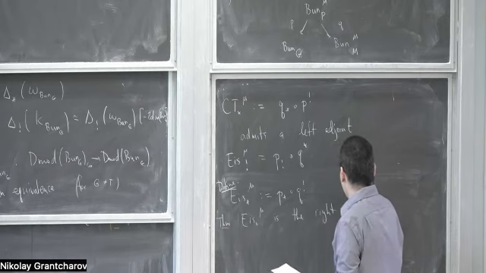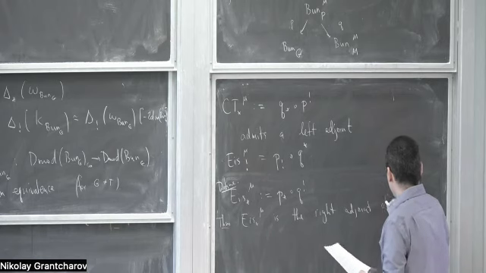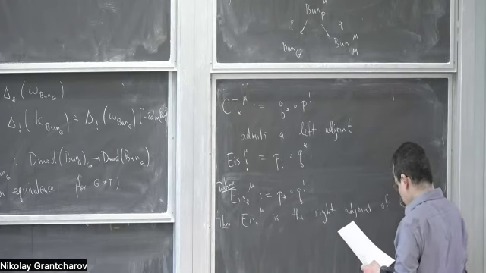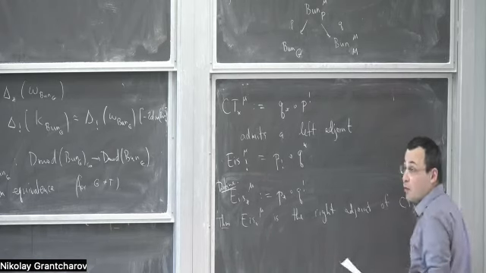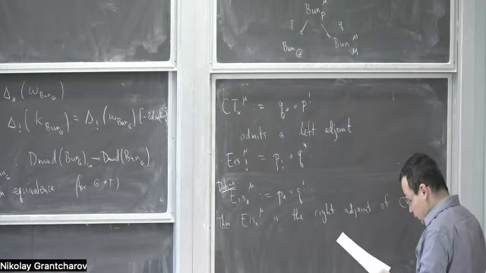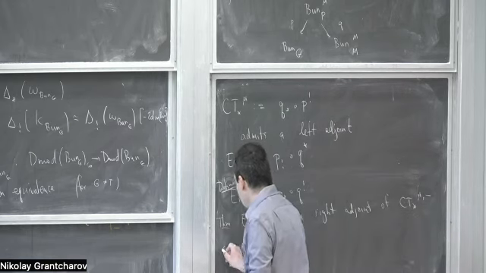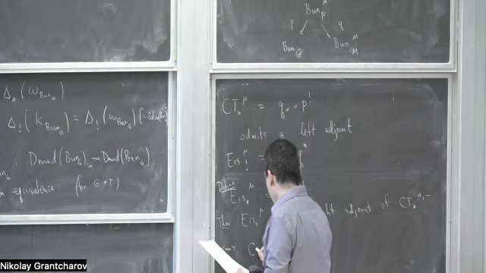This is the right adjoint. A constant term star in mu, but for the opposite parabolic. That is, equivalently, we have